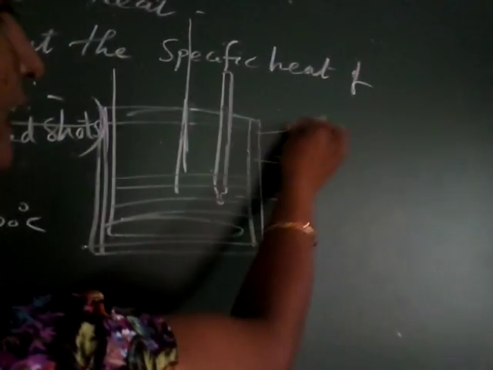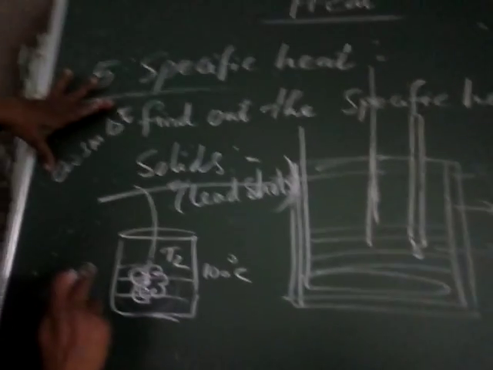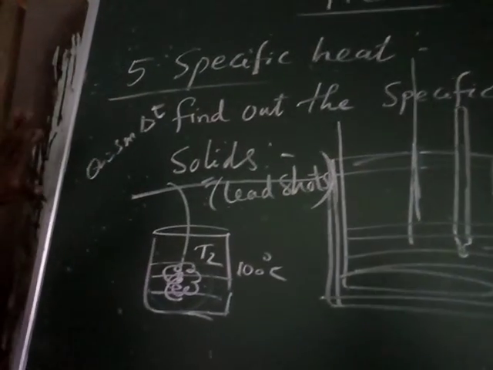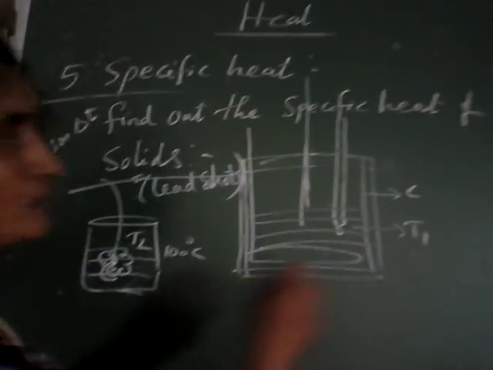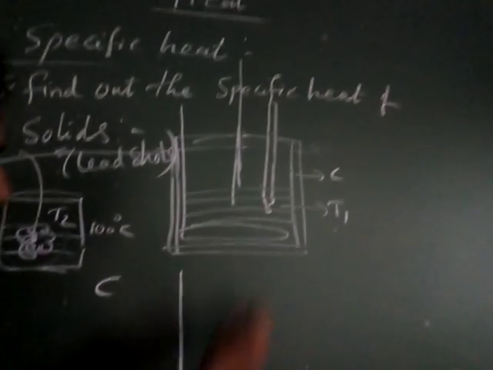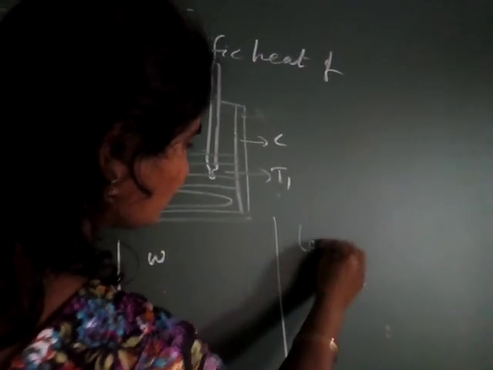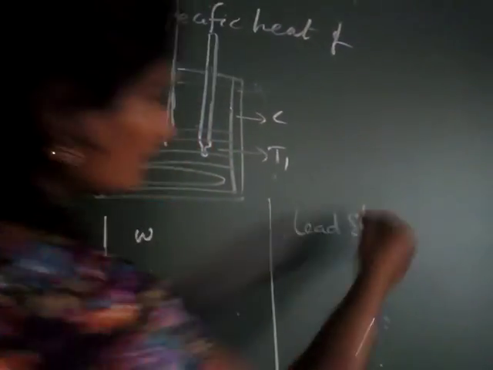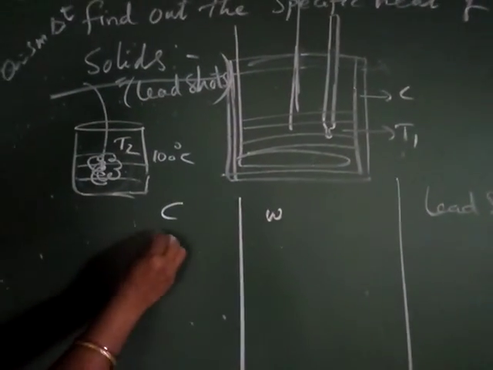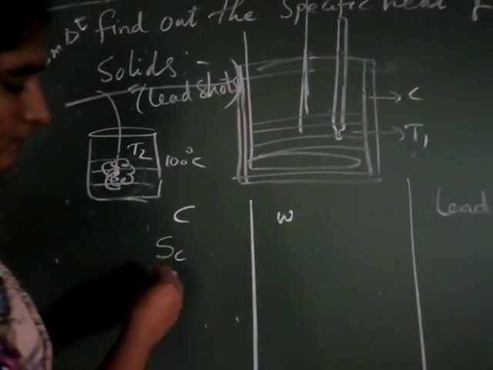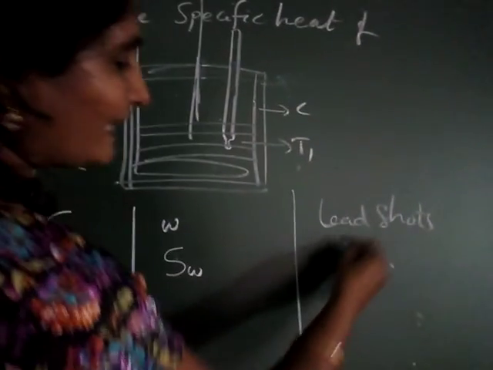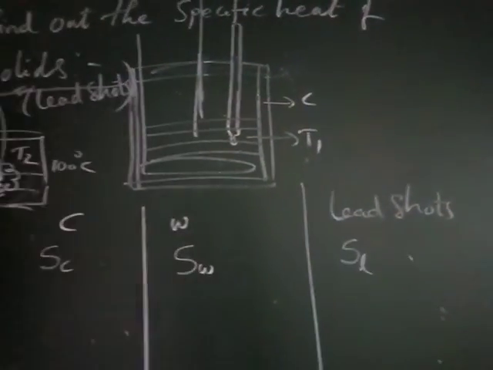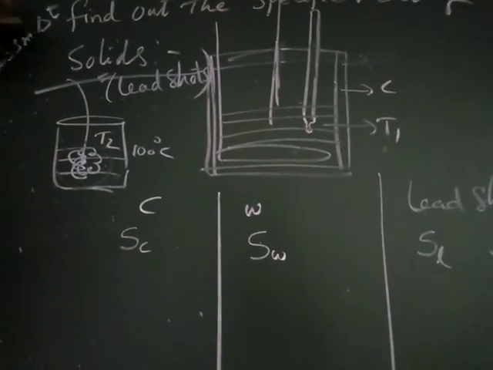Now you first have to find out the heat quantity by using this formula. Q is equal to S m delta T. That's why you have to know first about the S. S means here one is the calorimeter, another one is the water, another one is the lead shots. Three substances are there. First you see, how much is the specific heat of the calorimeter? Sc. We have to consider that. Then the water specific heat is Sw and the lead shots specific heat is Sm. Okay, the S is completed.